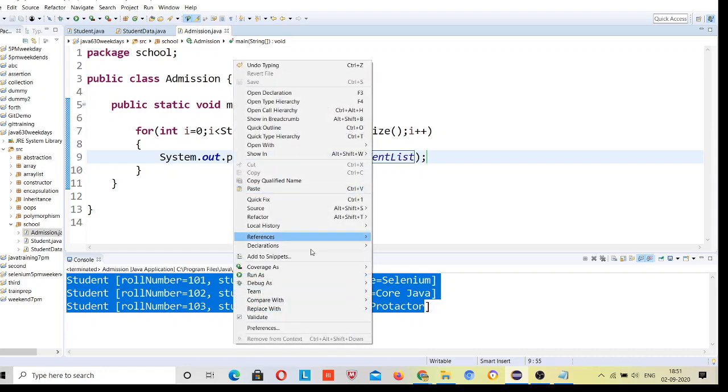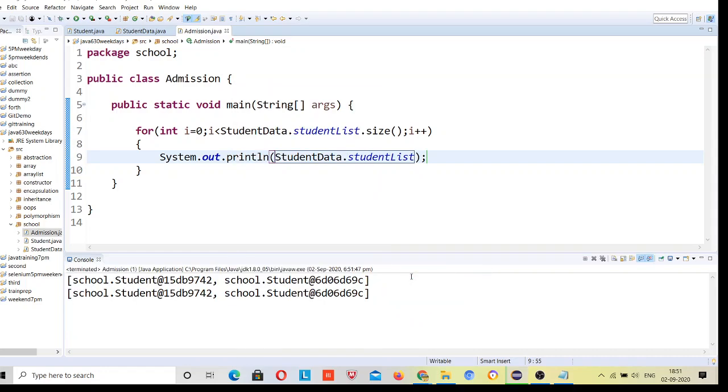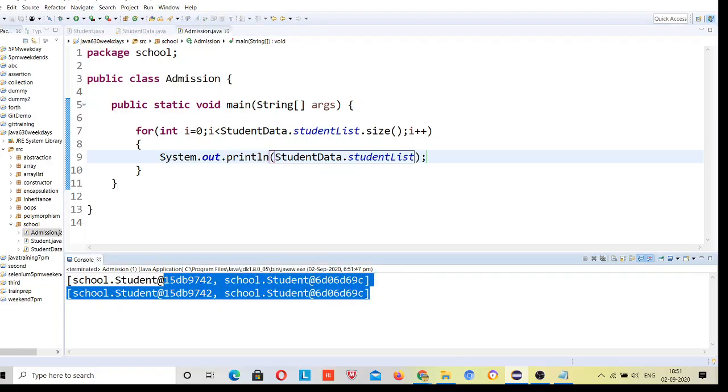Now I'll run it. It will print the object first. It will not show you the data like that, but it will show you the object.